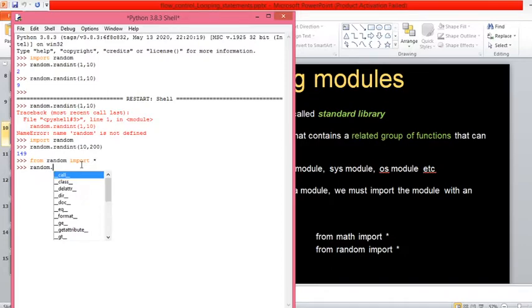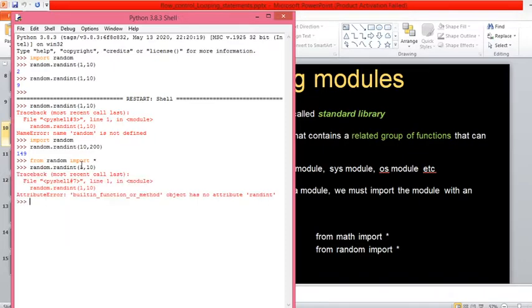When you use the from keyword, you need not prefix the name of the module for the function to be accessed. See, if I write this one as I did earlier, it will show the error message: built-in function or method object has no attribute randint, because now this randint function can be accessed directly. Since we have used the from keyword to import the module, you can use the functions directly in the program. So now if I write just randint of 1,10, you will get the random number. Did you get the difference between the two ways of importing?